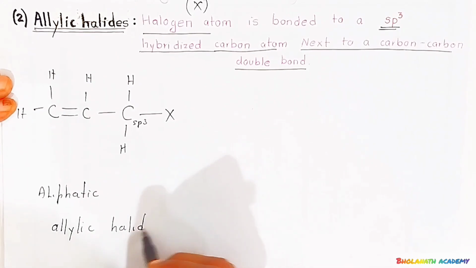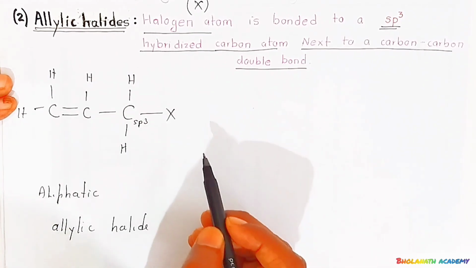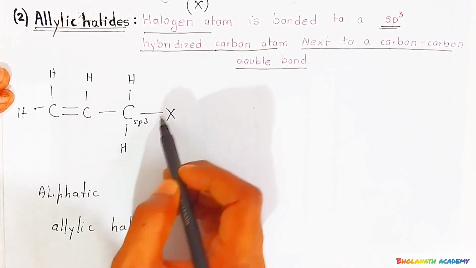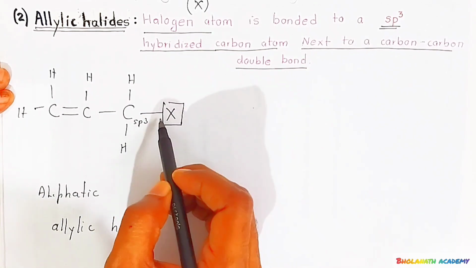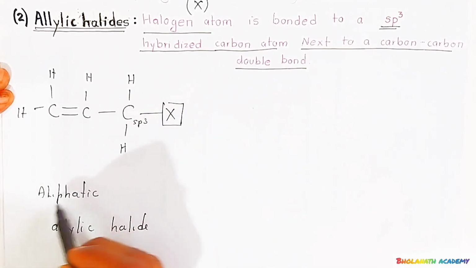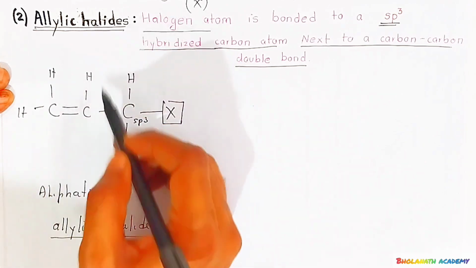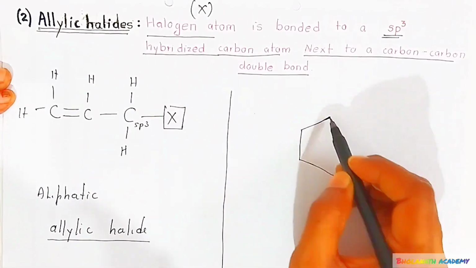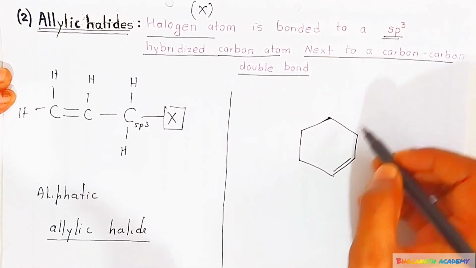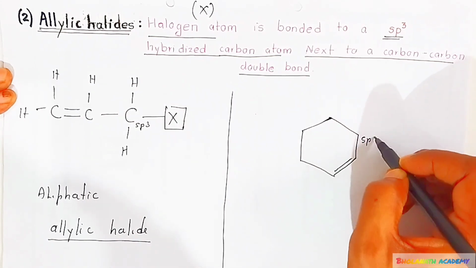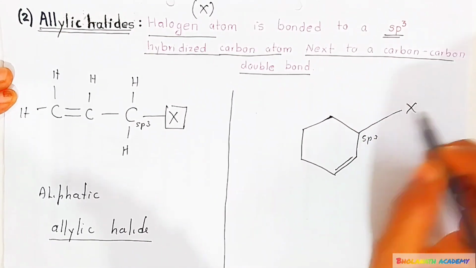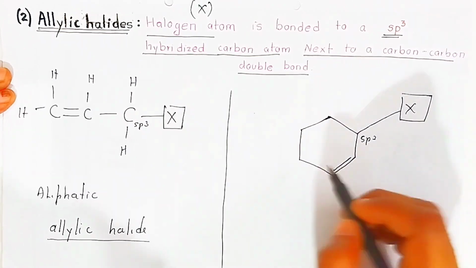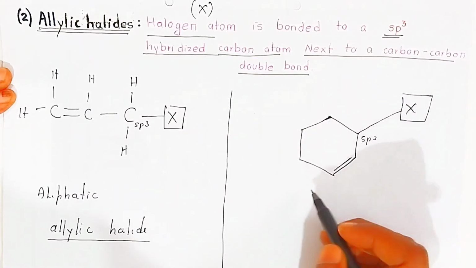Okay students, here the aliphatic type of hydrocarbons are there, but there is what? This halogen atom. Here the halogen atom is attached to the sp3 hybridized carbon, that is why it is called an allylic halide. It is also an example of allylic. If it is attached to the aromatic ring, students, here will be the double bond. This carbon will be sp3 hybridized carbon to whom your halogen atom is attached. Understanding students? This is also an example of allylic halide, but this is aromatic